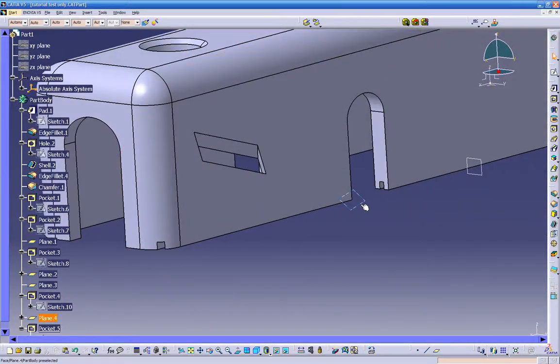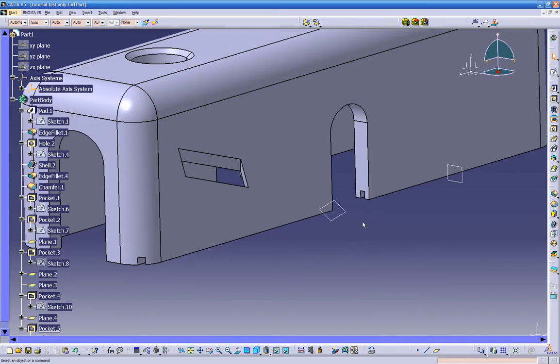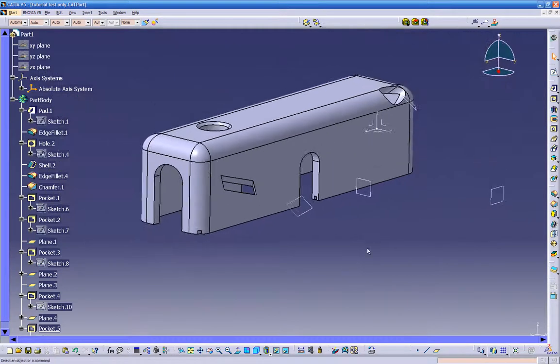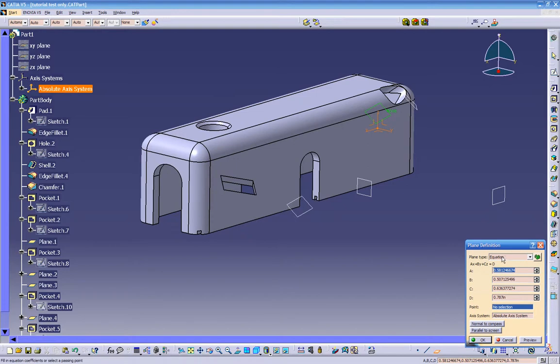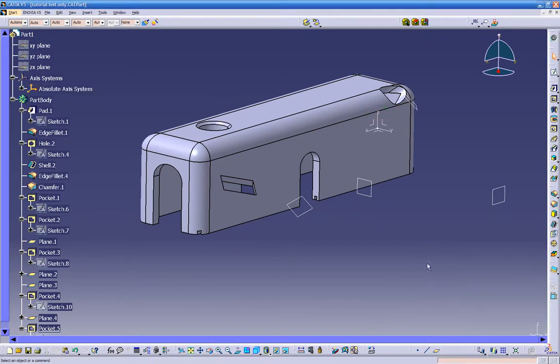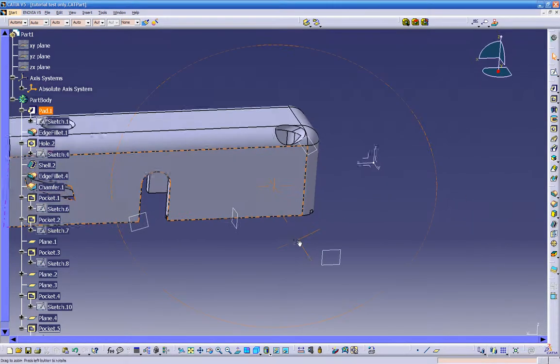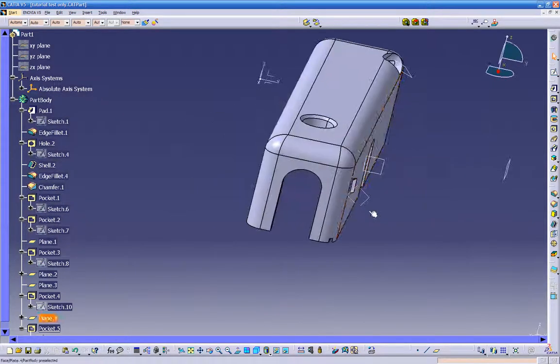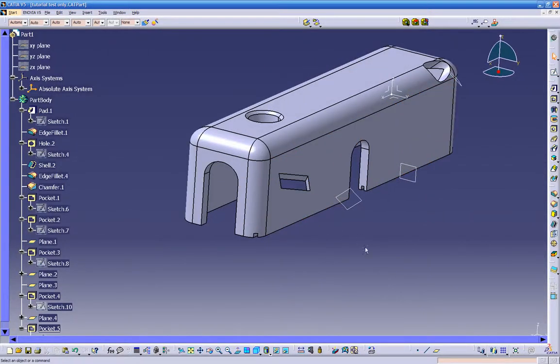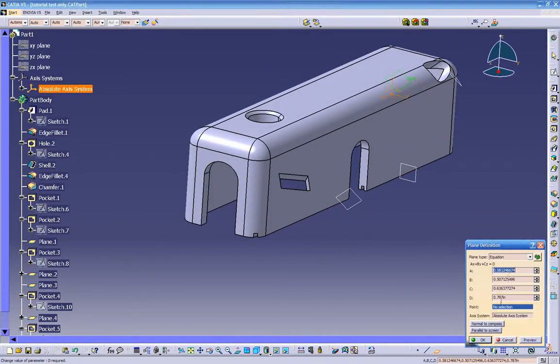See how we changed it? So that's a very nifty feature. I like to use this a lot. Parallel to the screen. So there is quite a bit of ways of creating planes. It's very important you get used to this icon over here, creating planes, because not always are we going to be able to use the axis planes. So we've got to learn how to use our own planes,